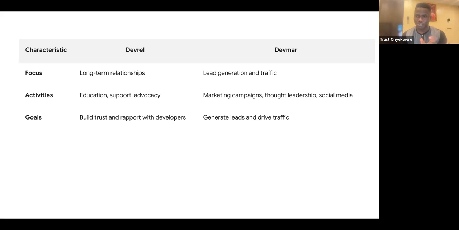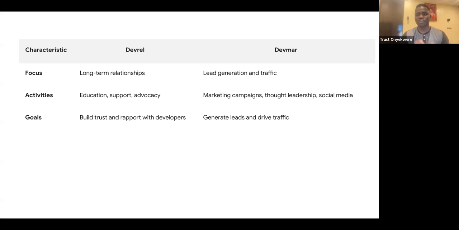The first is focus. Developer relations focuses on building long-term relationships, like the word says, between developers and the products. For example, Google has a GDG program where they try to develop relationships between developers and their tools. As a Firebase event, they do Firebase. The Flutterwave, they do Flutterwave conference, Flutterwave events. There is Google I/O. All of these are attempts or activities where they want to build a relationship with developers in Africa, outside Africa, for a long time.